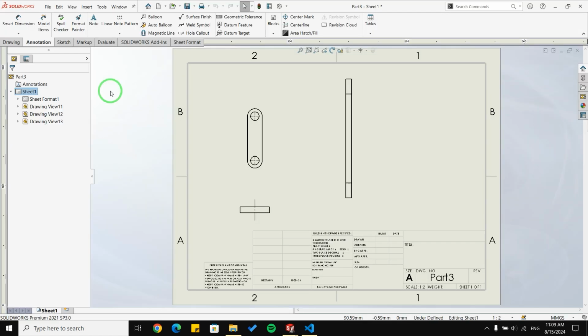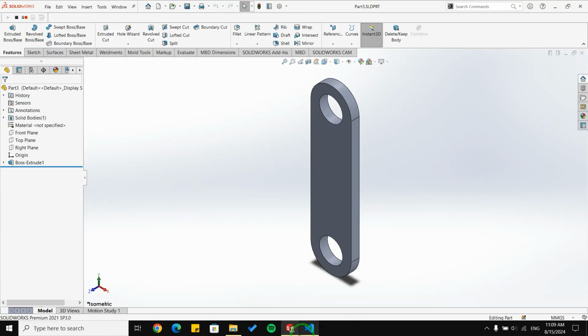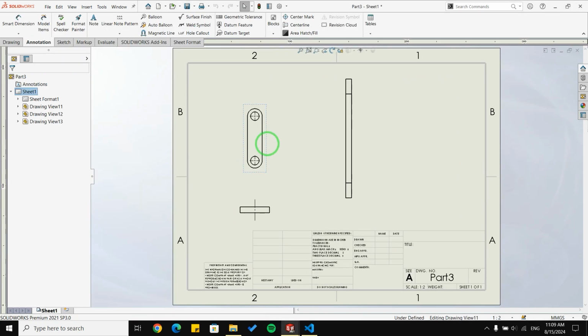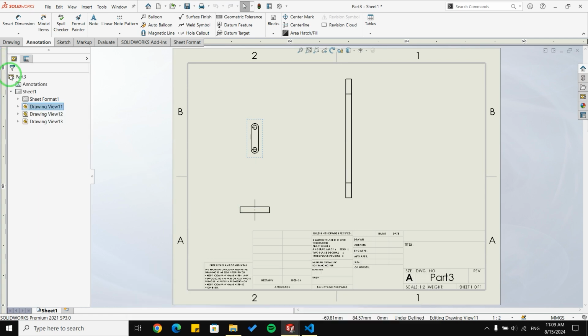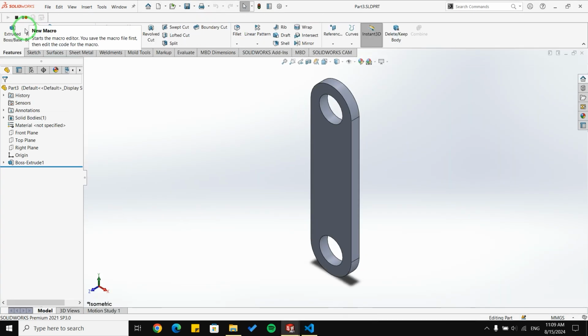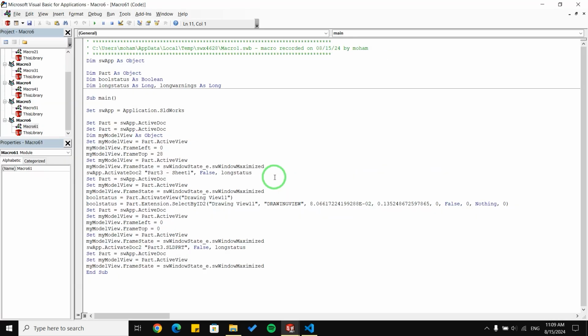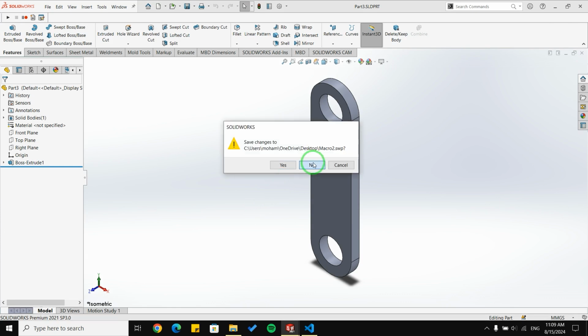Let me show you something first. I'm going to use macro. I'm going to select this view. Then I'm going to set the scale to 1:8. Okay, I'm going to click OK. Going to stop the macro, save it, and at last open it. And unfortunately, as you can see, we don't have any lines here related to changing the scale. So we can't understand how to change the scale with just using macro. So we need to find this function ourselves.